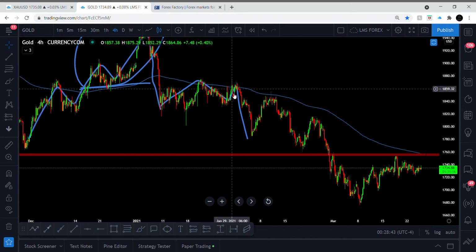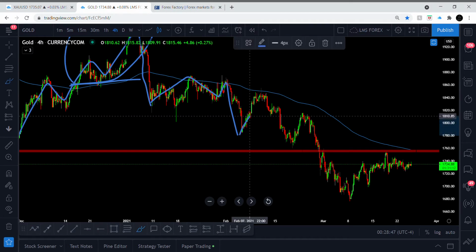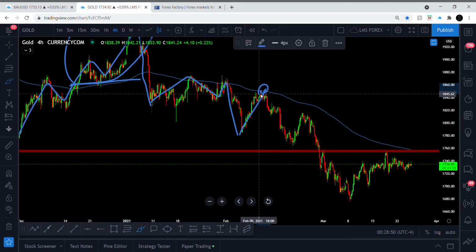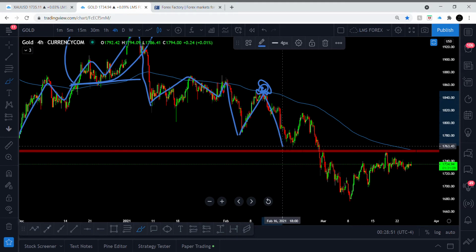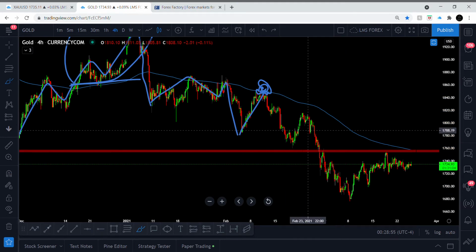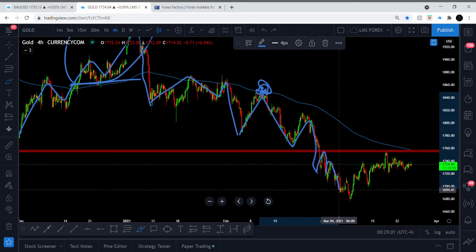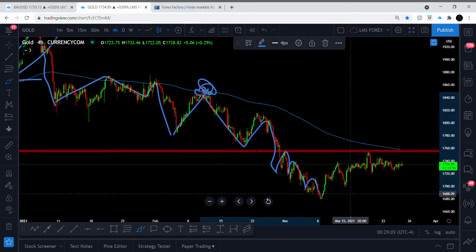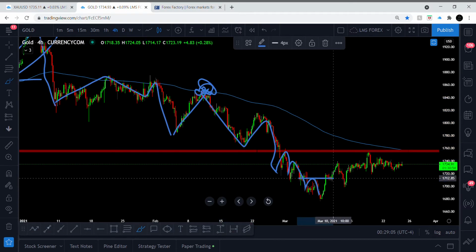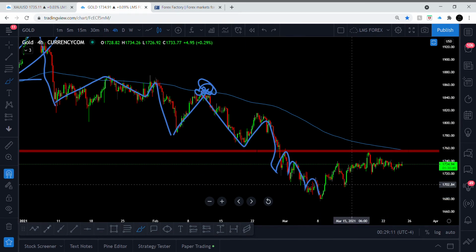So the minute that this level got rejected, you see it got rejected here, we're considering this a downtrend. Well, sorry, here, here, here. We're still considering a downtrend. The minute that this was disrespected, then we move ourselves into a potential uptrend. So because of that,